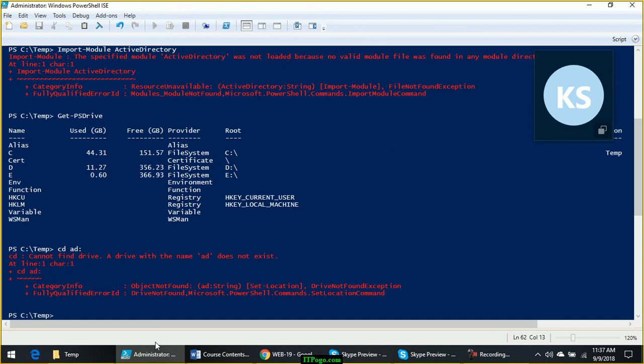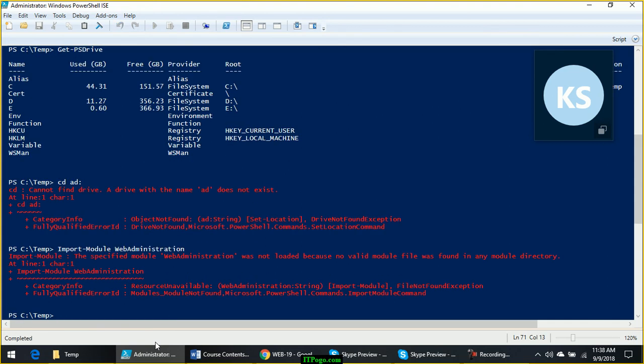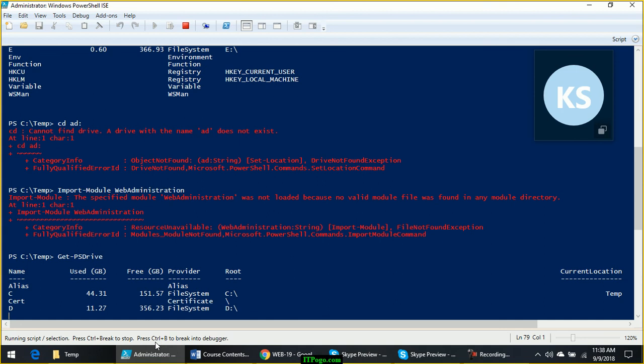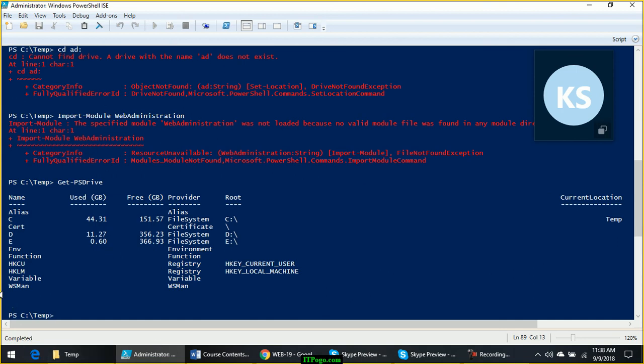Similarly, if you have IIS, you can run Import-Module WebAdministration. Again this will fail because I don't have IIS. After that, when you run Get-PSDrive, you will be able to see IIS listed here. You can do cd IIS:.